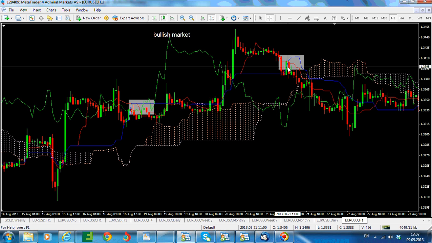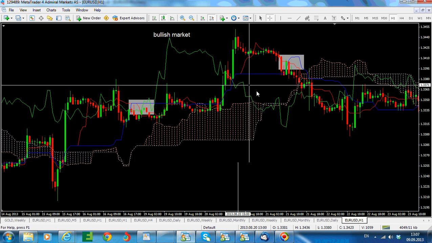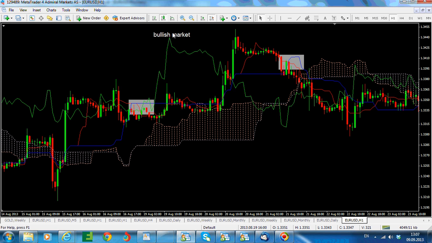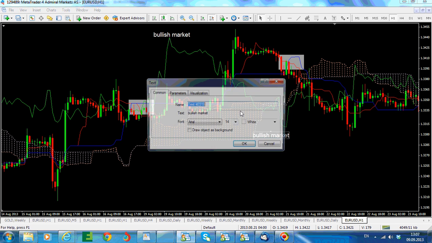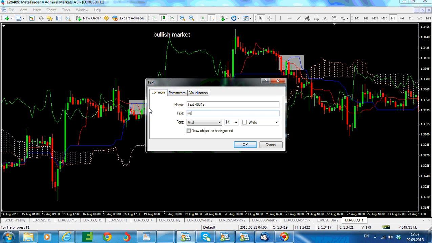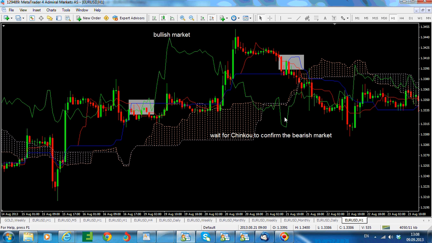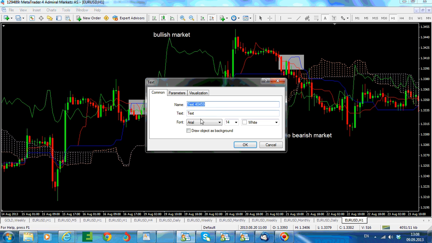So for example, if you have a bearish cross, then the confirmation should come in the sense that you wait for Kinko to confirm the bearish market, and the bearish market environment should be when Kinko crosses all the 5 support elements here. The first support element here is price,